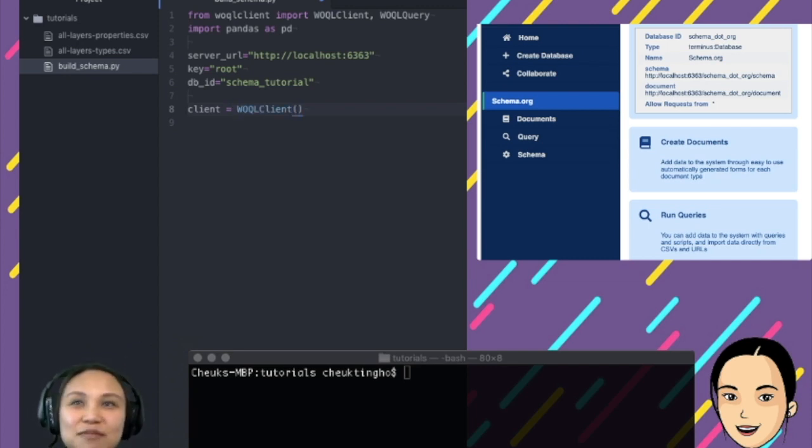Trust me, it's the hardest thing ever. So for a WoqlClient, you have to pass in your server URL, and you have to pass in your key. So that's it. Because now you don't have the database, right? We'll create it. But now we have a client. We have initialized it.